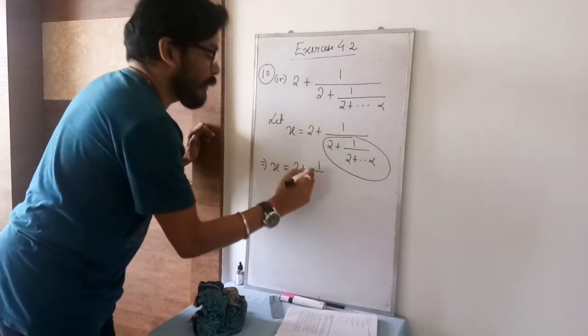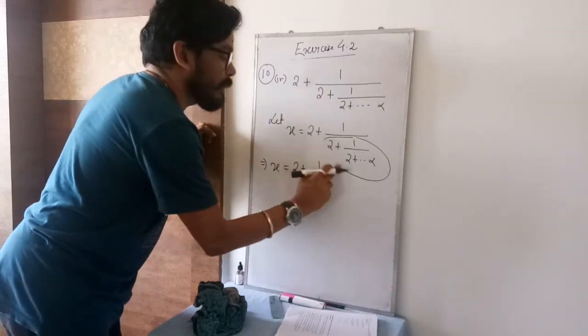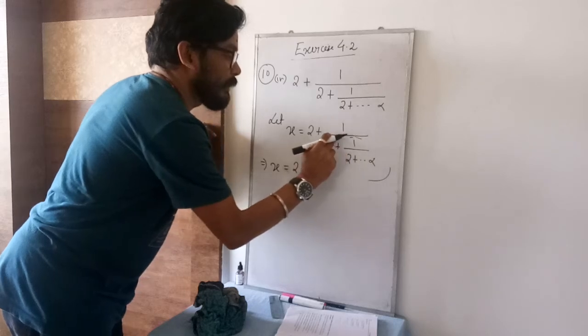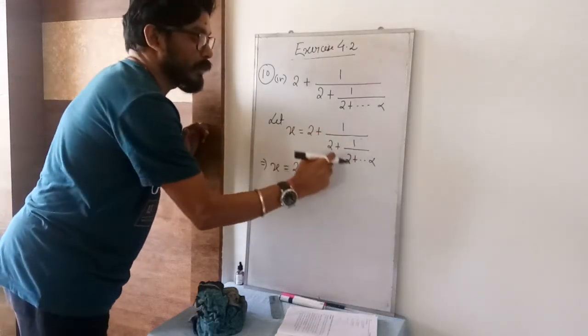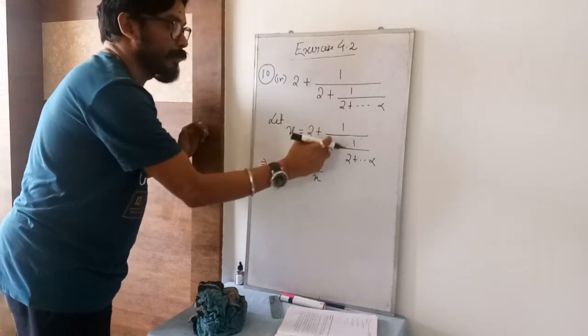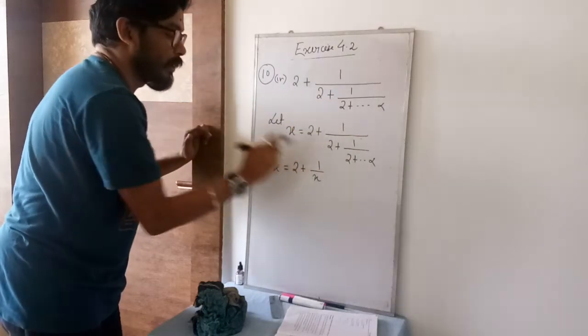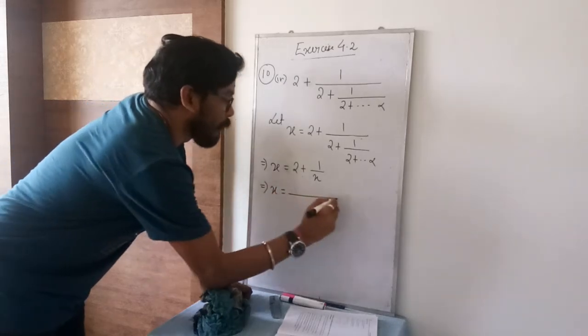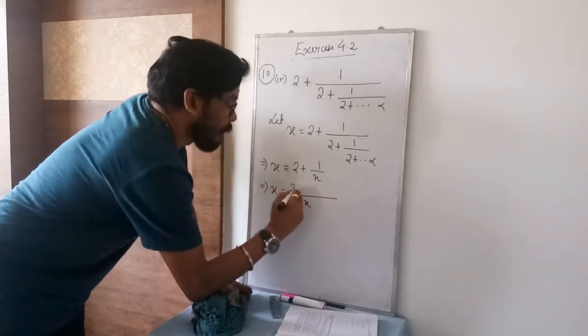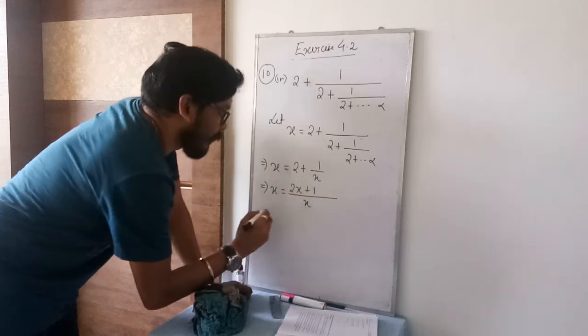So in place of this what you can write? x. This part is exactly like the question itself. It resembles the question only. This lower part which we are seeing here is just the question, and this part you have taken as complete x, so written here x. So x equal to, you can take LCM x, so it is 2x plus 1.